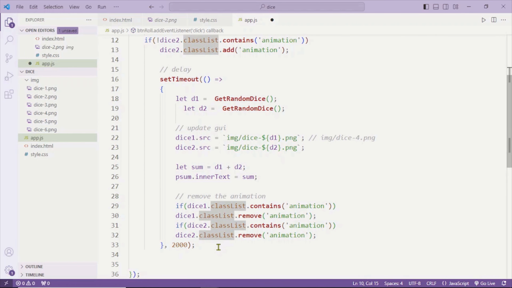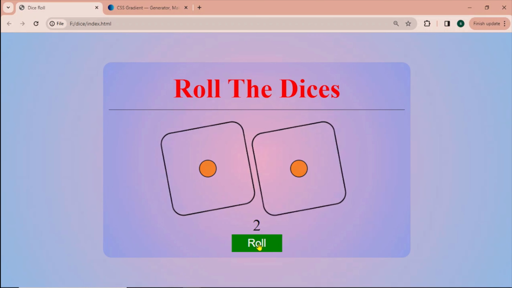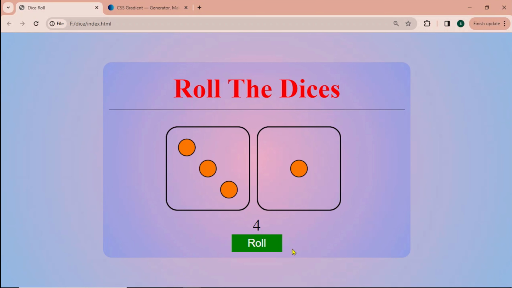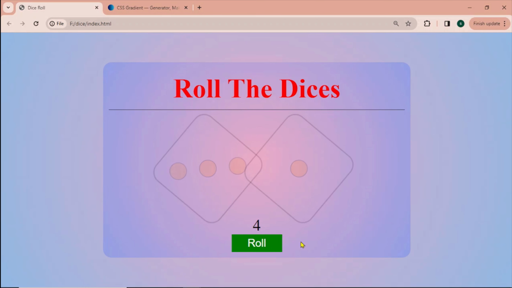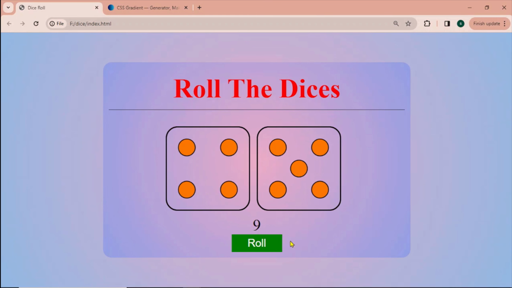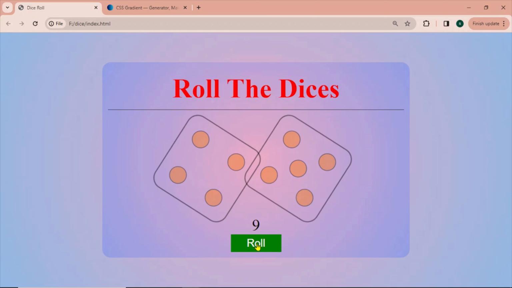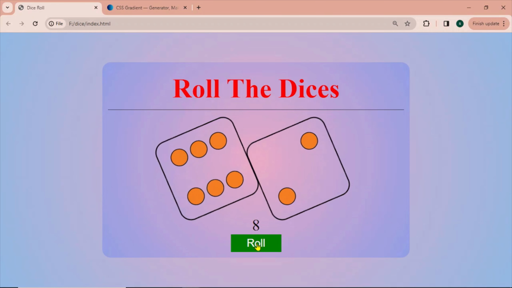So let's check the result in the browser, and I'm sure now we're gonna get the desired result. So let's refresh and now roll. You see the animation, and again, and here you see the animation, right? So that was as expected. Everything is fine. But one more thing that can be improved here is to disable the roll button as long as the animation goes. Right now, I click the roll and now I can again click the roll and again click the roll,